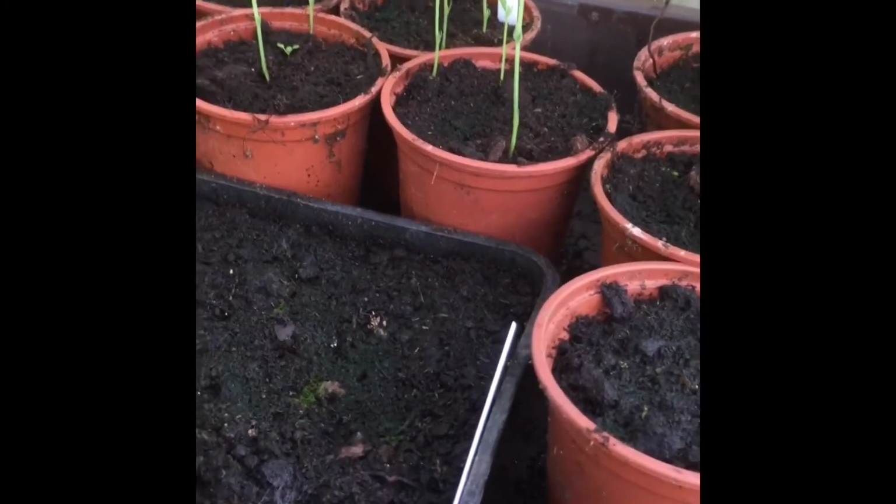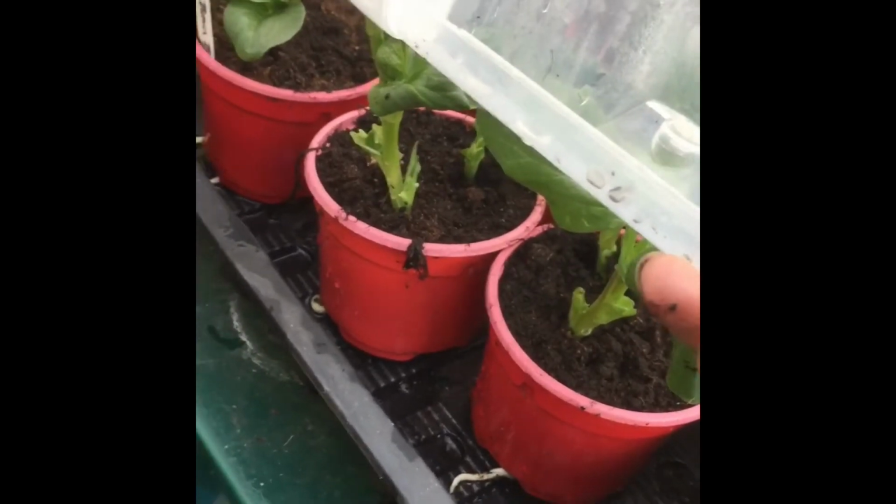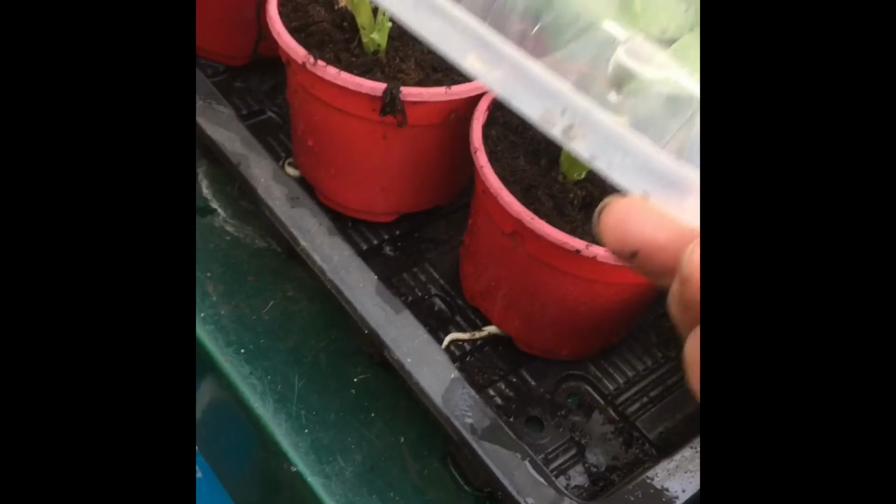I gently put the lid back on. There we go. Keep those beautiful ones nice and warm, nice and secure as well from the mice issue. I have got more under here, so I'll just gently lift it. You can see some beautiful broad beans coming on there too. I did a succession seeding, but it actually turns out they've pretty much come up at the same time anyway. And I have got more sweet peas at the back, which I won't get to because I've literally just mouse-proofed